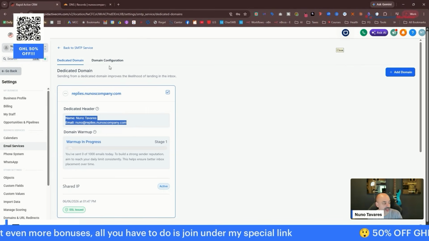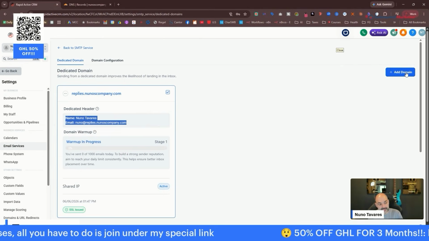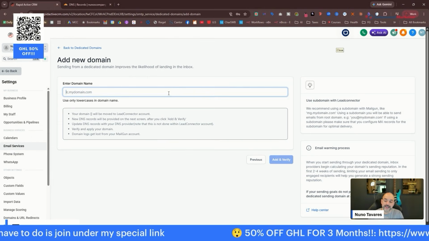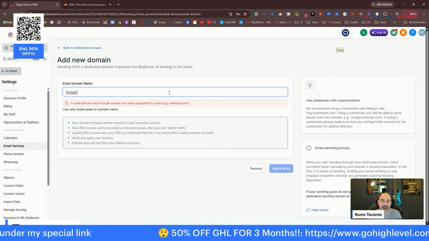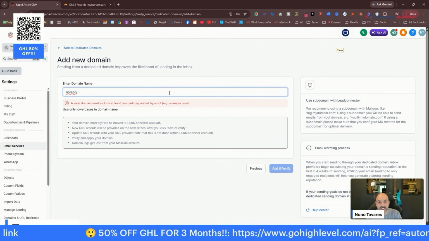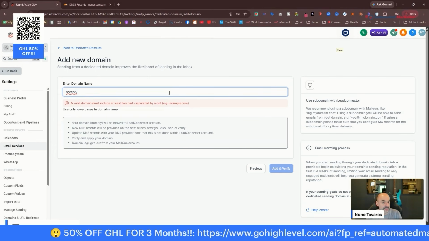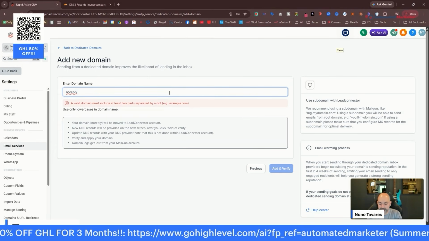I want to make sure you guys understand, because if you try to do something else, it gets a little confusing. So I'm going to create another domain, add domain. And this one I'm going to do no reply. And you know why I want to do no reply? This is going to be for things like notifications, transactions like receipts, maybe email reminders where I really don't want the customer replying to that email. So I'm going to do no reply